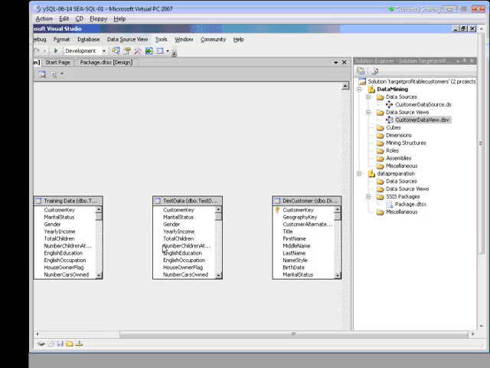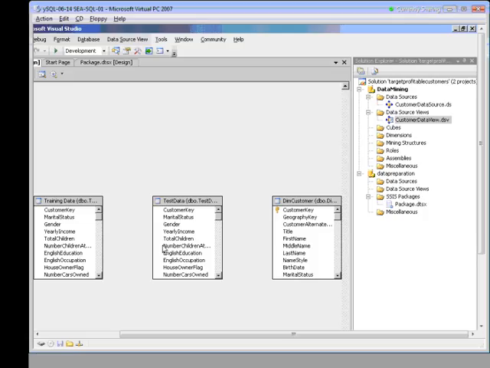Let's go into the data mining structures and create a new mining structure. A mining structure in SQL Server 2005 is a container that defines a problem space and attributes you're interested in analyzing. It holds multiple mining models on top of the same problem space. The wizard creates the mining structure and the models within the structure. We can use relational data, OLAP data, or both. For this model, we're going to use relational data.